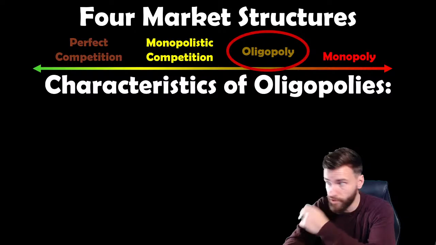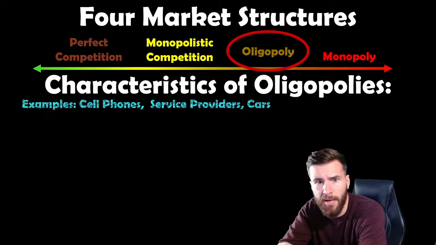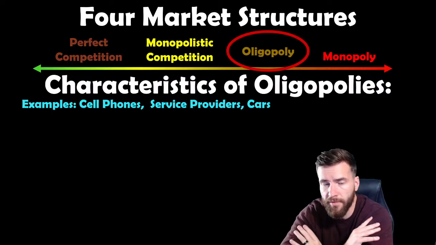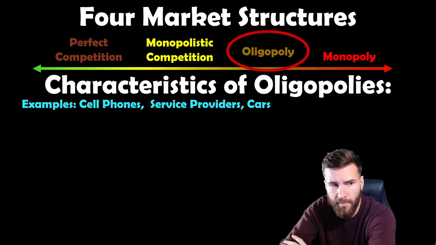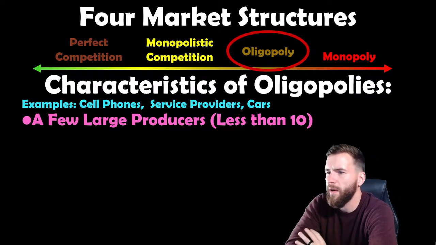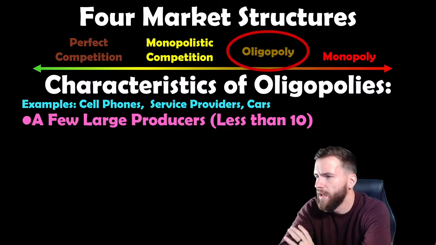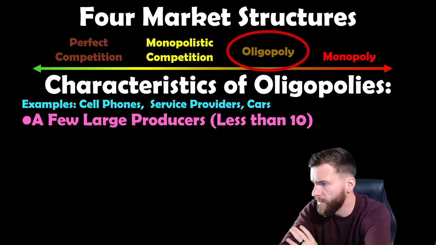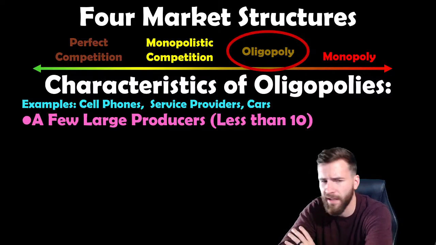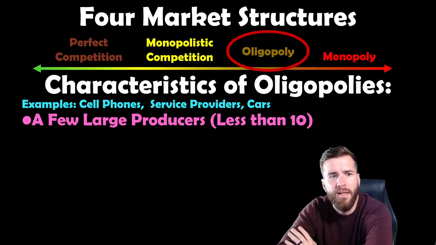So the next market structure is called oligopolies. So an oligopoly, this again is imperfect competition, right? It's not perfectly competitive. There's only going to be a couple producers, and that's the biggest characteristic, right? Generally less than 10, but I would say sometimes it can be more than 10, right? Like I would say the airline industry is an oligopoly. Is there more than 10 airlines? Yes. But is there more than 10 airlines that dominate? Probably not, right? There's like Delta, American Airlines, United Airlines, Southwest, right? There's not that many. So an oligopoly is more so defined by the number of producers, and there's going to be a very few amount of producers.